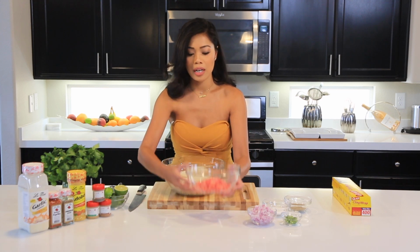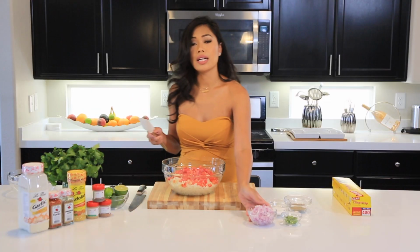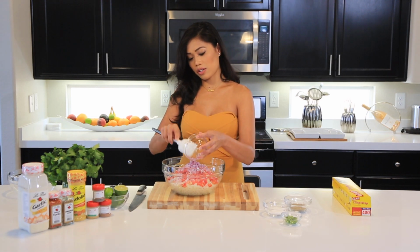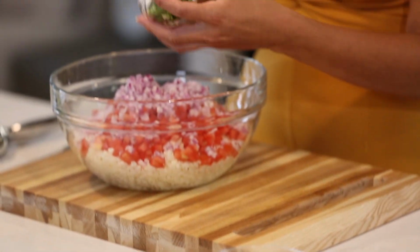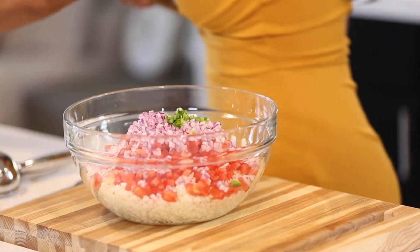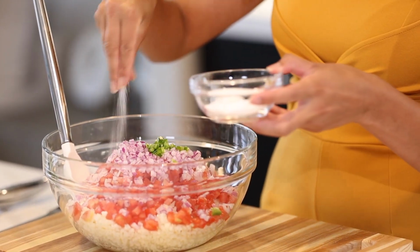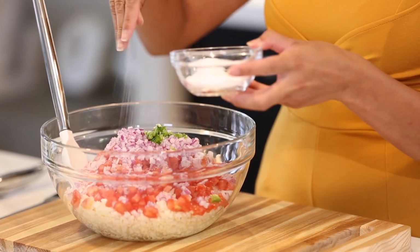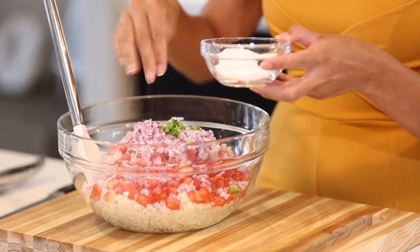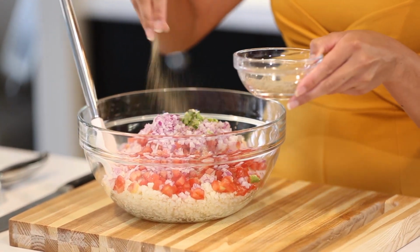I have some Roma tomatoes that I'm just gonna dump in here. And then some red onions, finely chopped and diced also. And some Serrano peppers. And we're just going to put some salt in there. It's also nice if you boil the water with salt so it flavors the cauliflower when you blanch it. And then some pepper